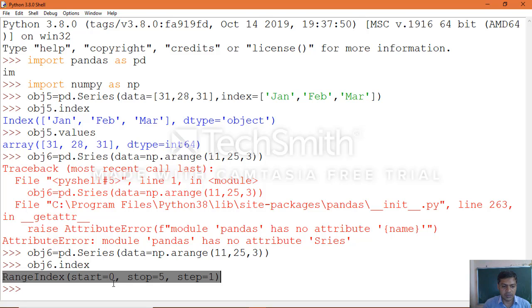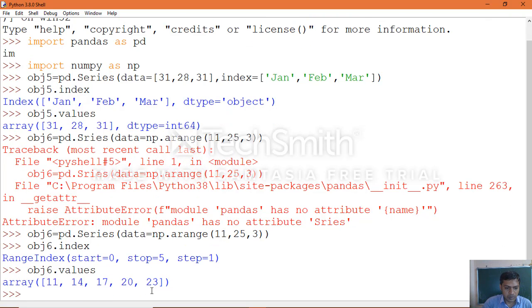That becomes a total of 5 values. Let's execute obj.values to retrieve the values also: 11, 14, 17, 20, 23. If it takes another step of 3 it would cross 25, which is why it stops at 23. That is how you can retrieve the series object data, the index as well as the values.